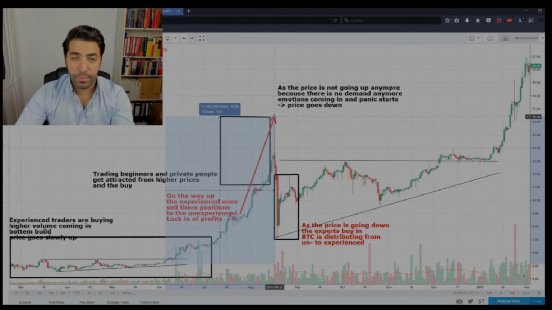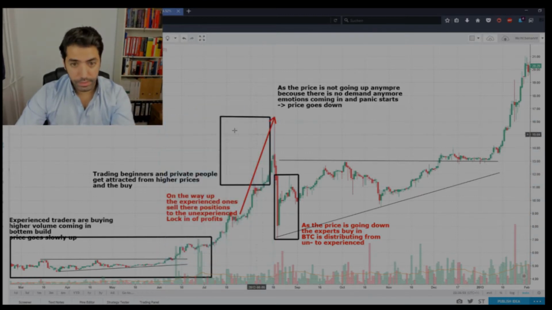Best case would be if you got the experience already and try to think like the institutions outside. I mean, there are no institutions in Bitcoin yet, but like the institutions in the established markets, futures, options and equity trading. But here you have informed people as well, informed traders, informed investors. Try to think like they do, try to anticipate moves early as they do, and try to get into a movement early so that you can participate as long as the trend is going in your favor.